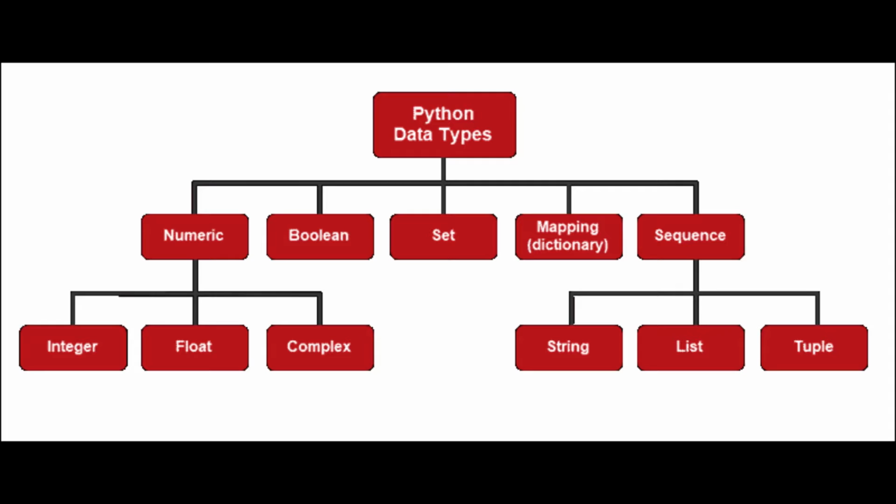Now in Python, there are primarily 5 broad categories of data types. Numeric types, sets, mapping, sequences and last is Boolean type. Starting with the numeric types, they are further classified into 3 categories: integers, floating points and complex numbers. By integer we mean all numbers ranging from negative infinity to positive infinity which are without any decimal, right? For example, -2, 3, 100, 150, 19, 0, all these are integers,